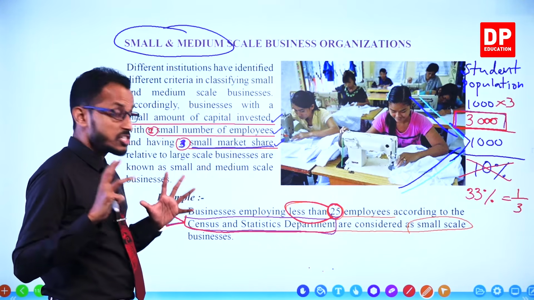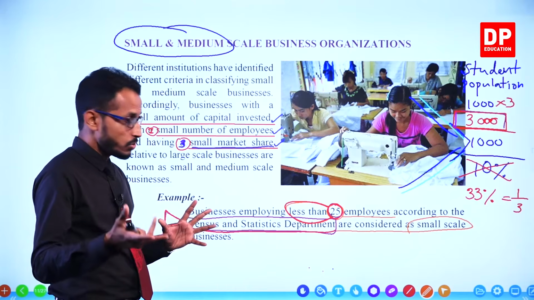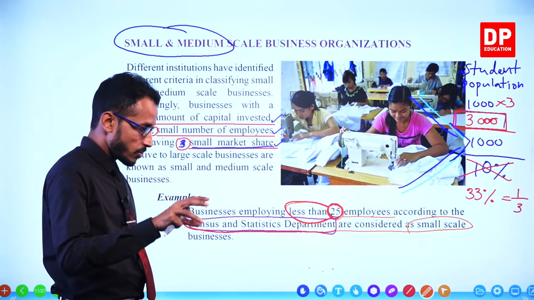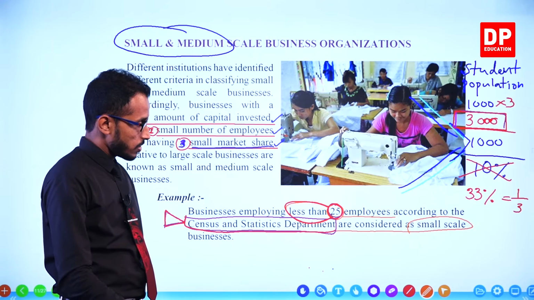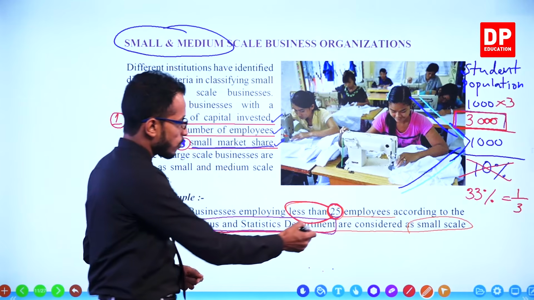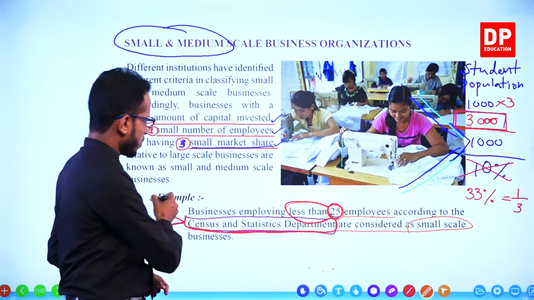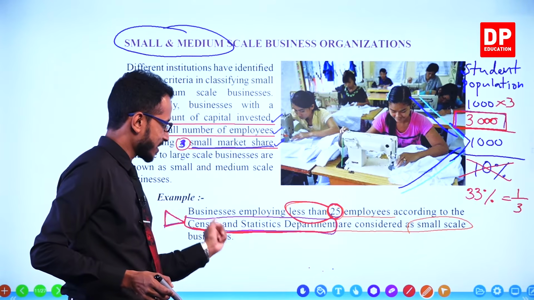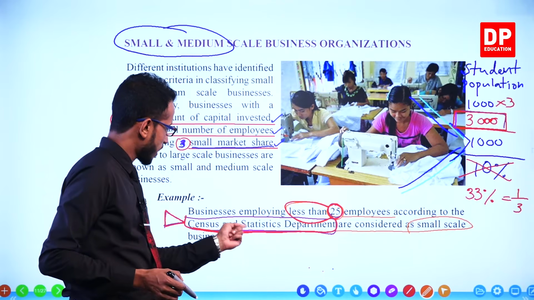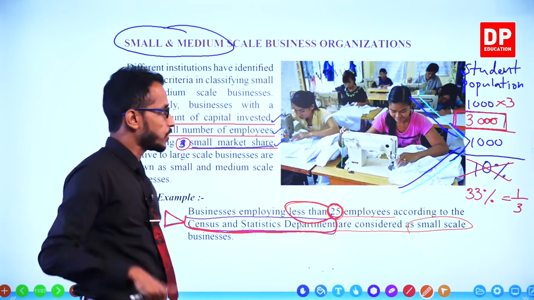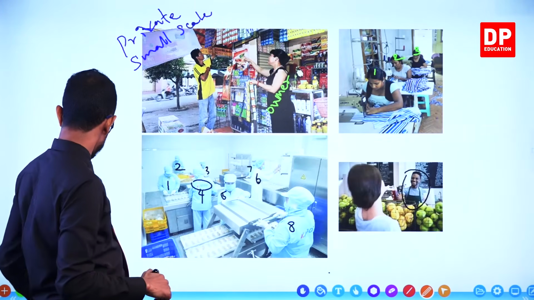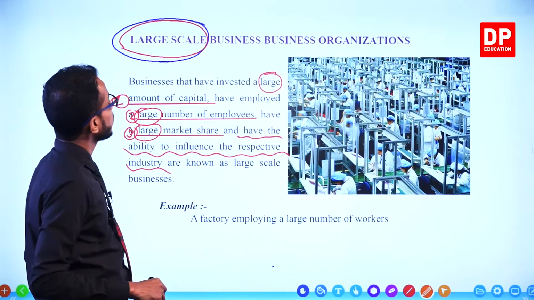What is the government institution which has imposed this limit, saying that employing 25 or less employees, a business should be considered as a small scale business? Which government institution has imposed this limit? The government institution is Census and Statistics Department. Census and Statistics Department. Good. So, small scale, small and medium, large scale,